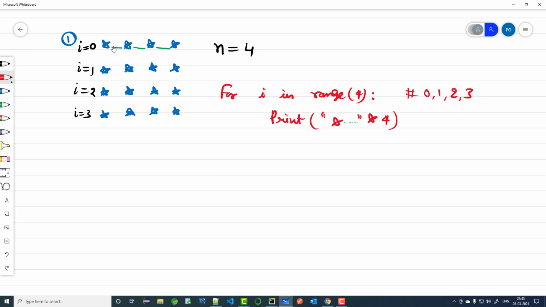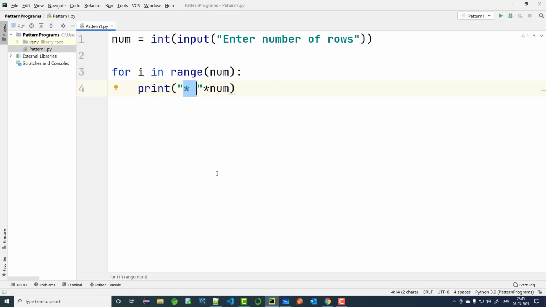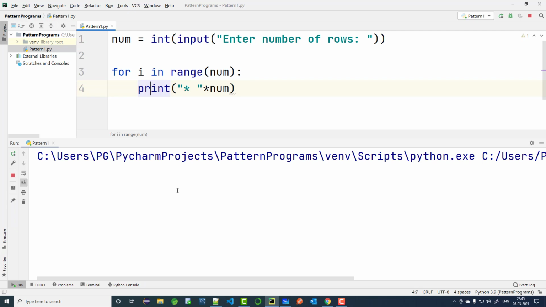Now if you understand, here n is equal to 4. If the user input is 3, there will be 3 rows and 3 columns. If the user input is 10, there will be 10 rows and 10 columns. Now we will put different inputs and execute this. Let us put a colon and a space. Save the program and run it.